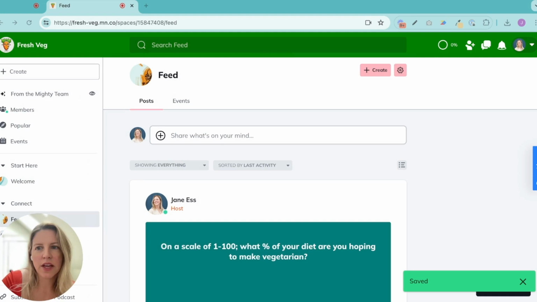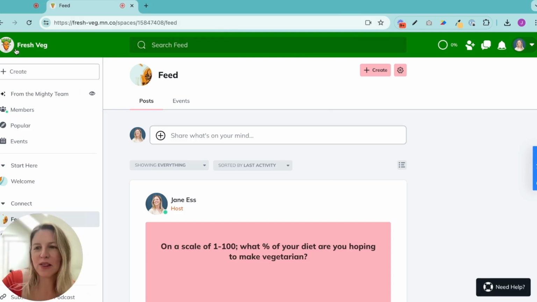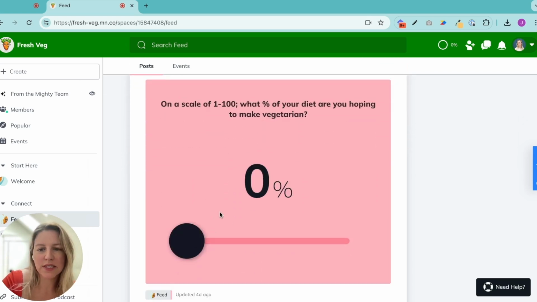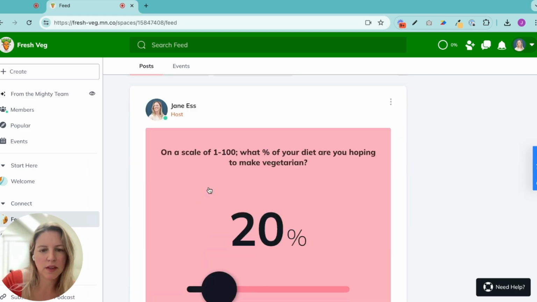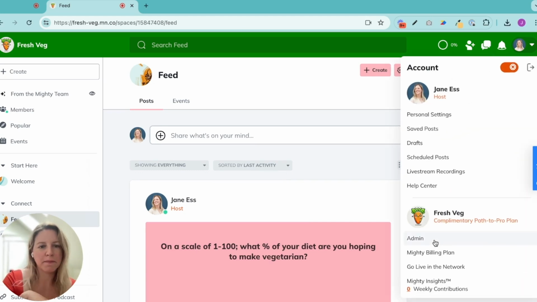Okay, so let's X out. And you can see this is coming together. I'm going to refresh. Okay, I've got my logo. He's looking great. I've got my header color. And I've got, this is that orange color for host. And you can see my polls and questions are that awesome pink color. I am loving this. Okay, let's go back to our admin and our branding